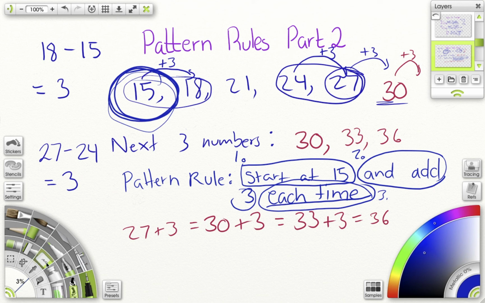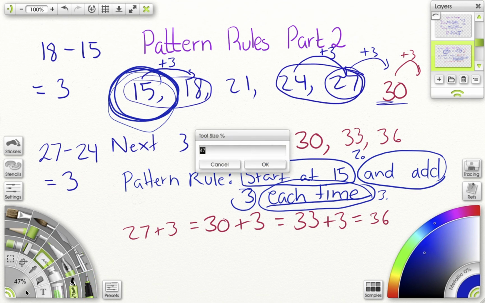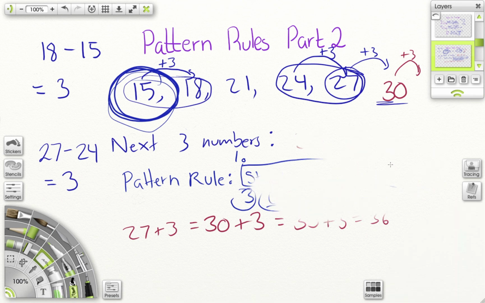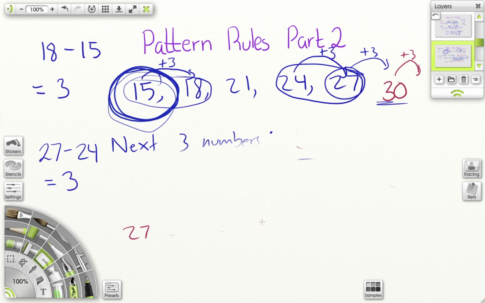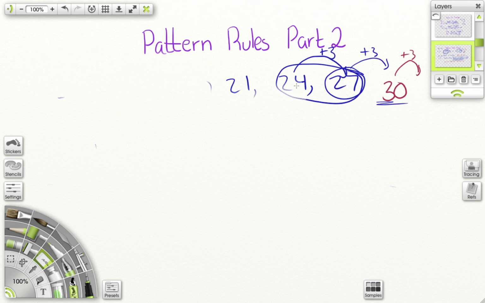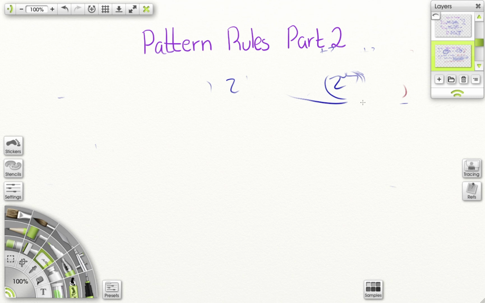Let's do one more example, and this one's going to be a little trickier because I'm going to do subtraction. So we're going to have our string of numbers, and we're going to figure out how this pattern is changing, and we're writing the next 3 numbers and a pattern rule. Okay. So the pattern is